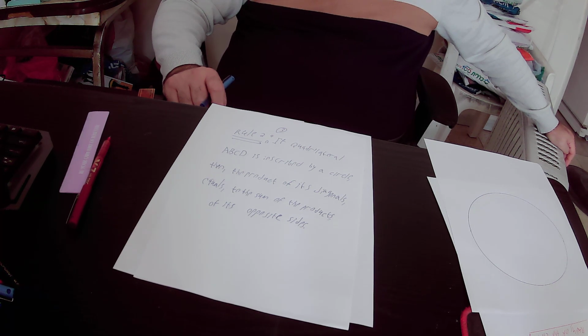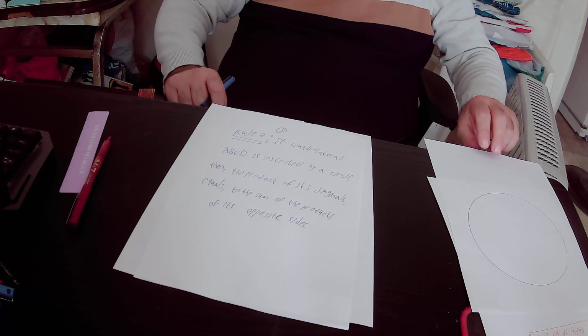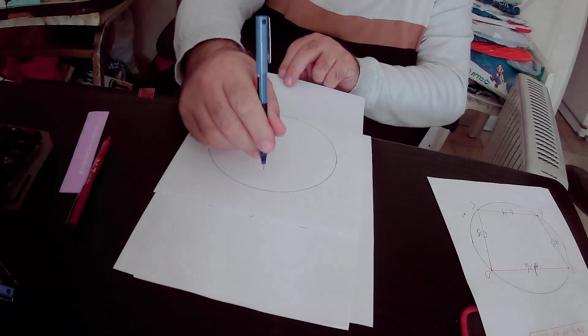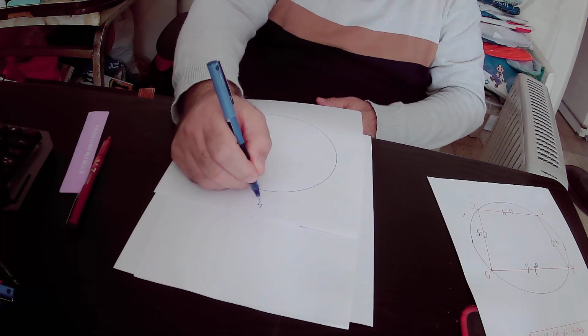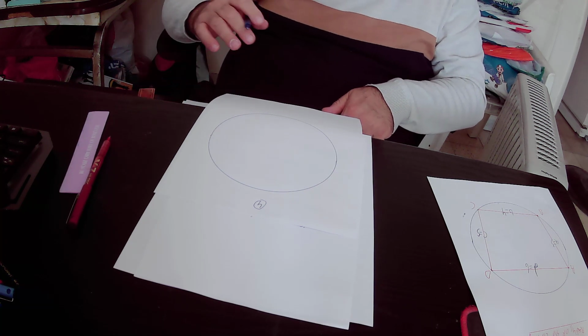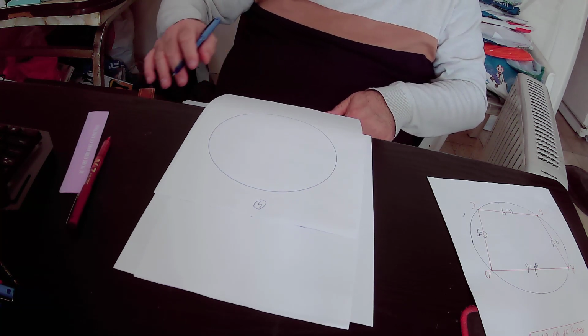So what is the meaning of rule number 2? The meaning of rule number 2 is that if you have this circle and quadrilateral ABCD is inscribed by this circle,